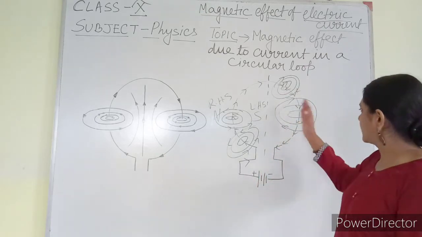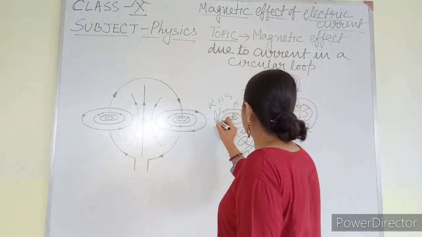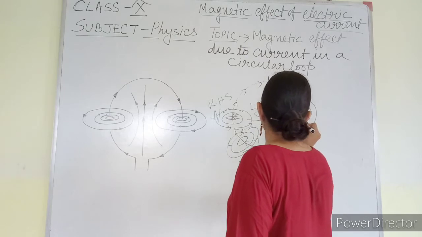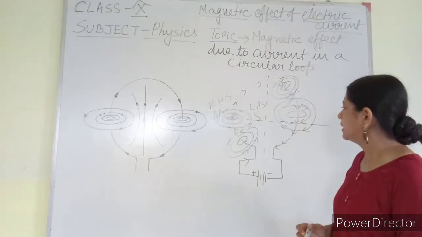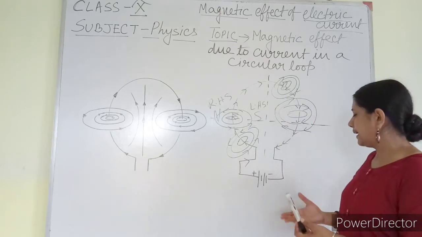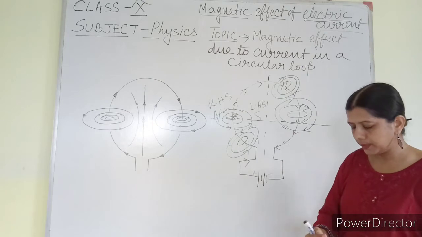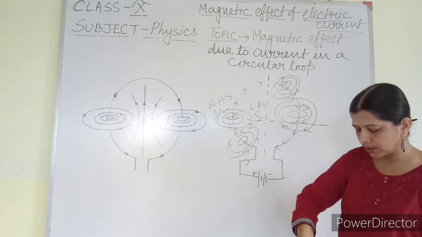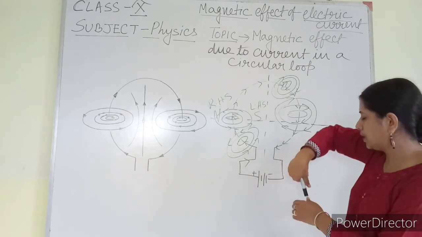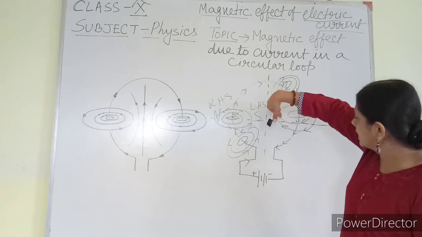Okay, so let us consider this one also. We can divide the circle into two parts in this way also. If we divide the circle in this way into two parts, then it will be easier for us to understand. Now here again apply the right hand thumb rule. Right hand thumb rule means the thumb will be in the downward direction, and this is the way I am going to apply.